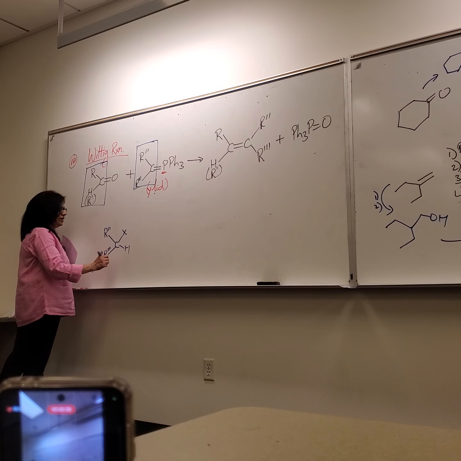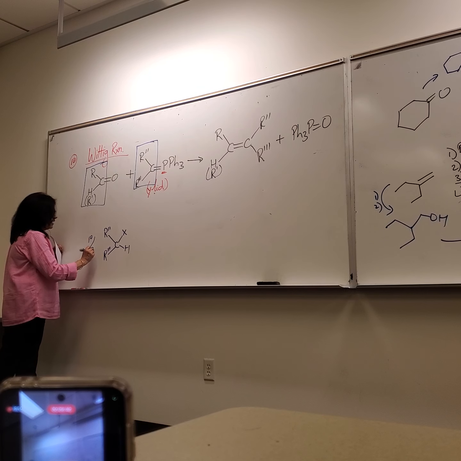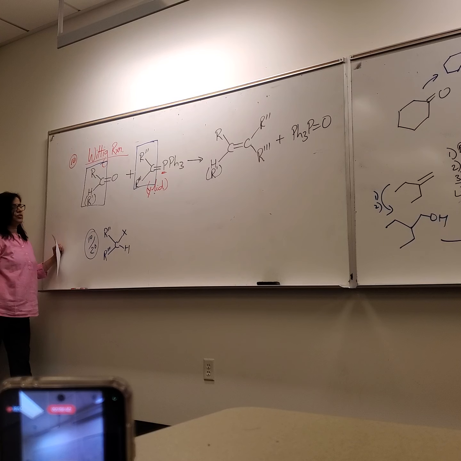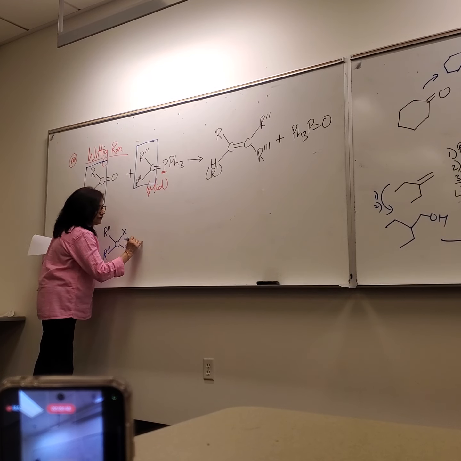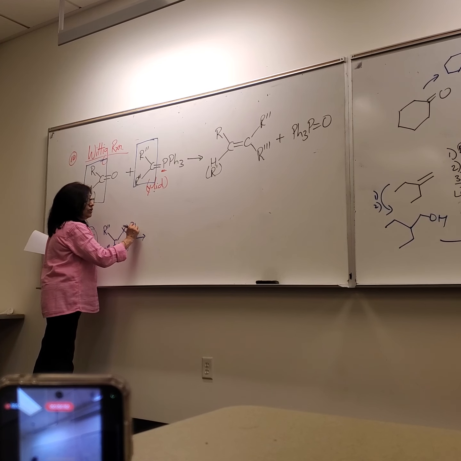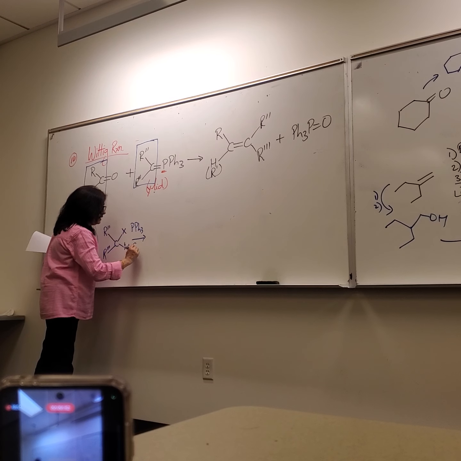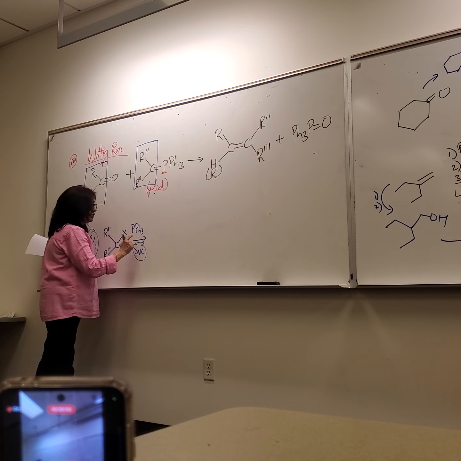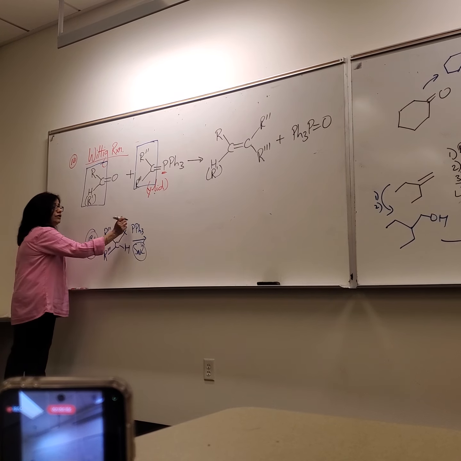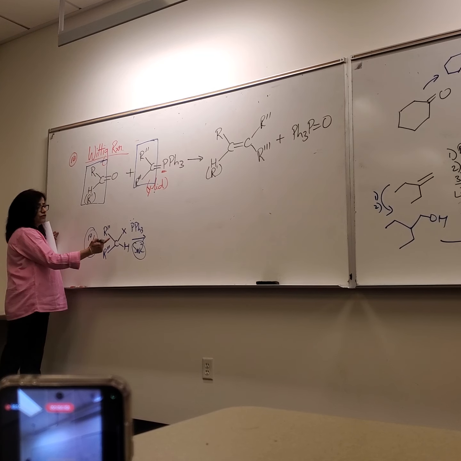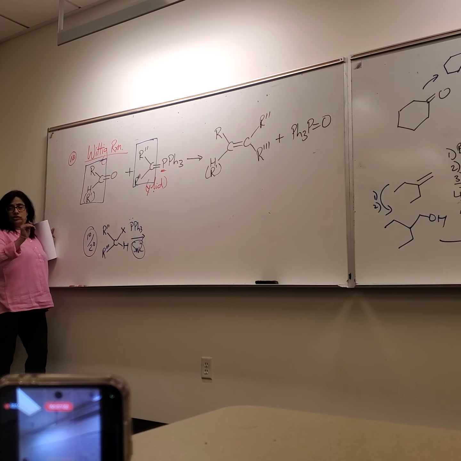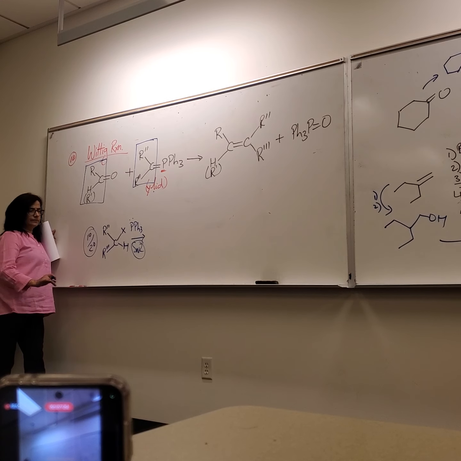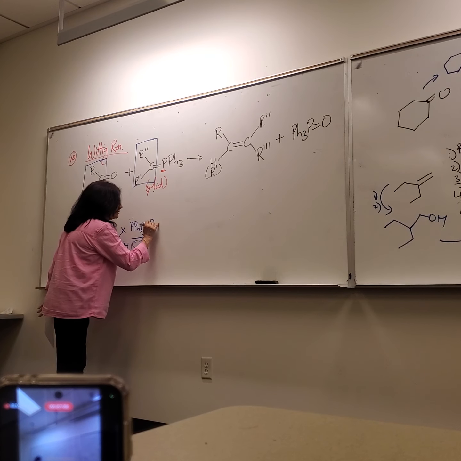It can be primary or secondary. Can't be tertiary, but it can be primary or secondary because we do need one hydrogen. And in the first step, it's just an SN2 reaction, where the phosphorus is the nucleophile. The nucleophile attacks the electrophile, kicks out the leaving group. And it creates